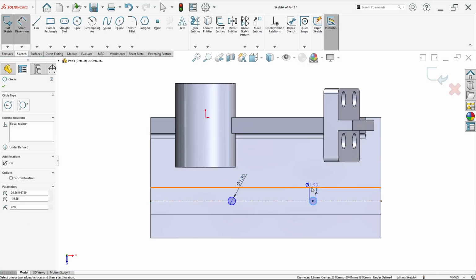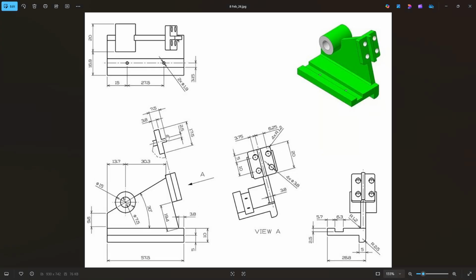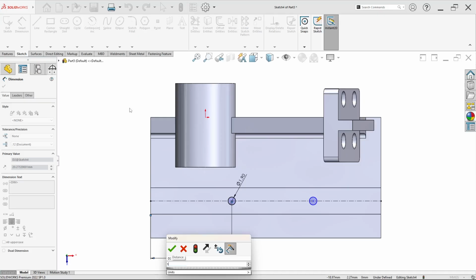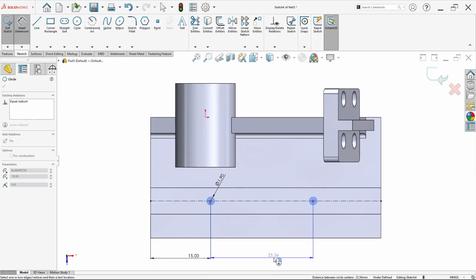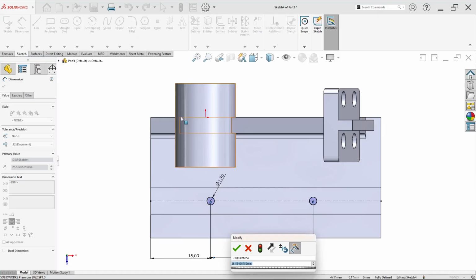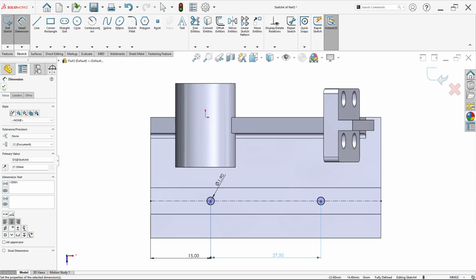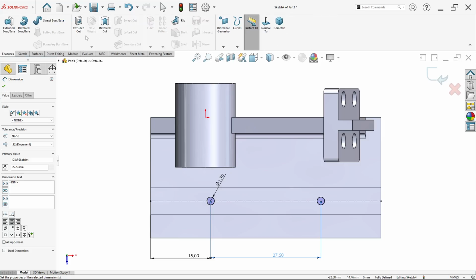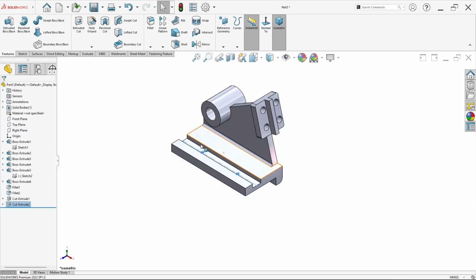Set the distance from this edge to the center of this circle at 15. And this circle to this circle has a distance of 27.5. Click OK. Click feature to make the hole like before. Click extrude cut. Direction through all, just click OK.